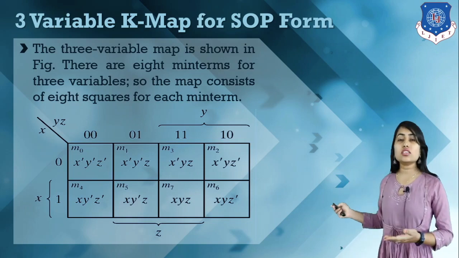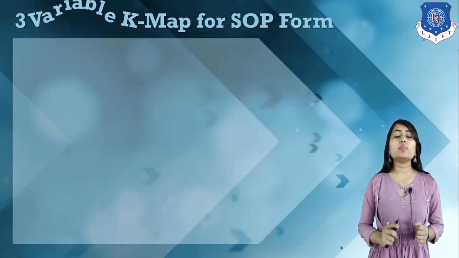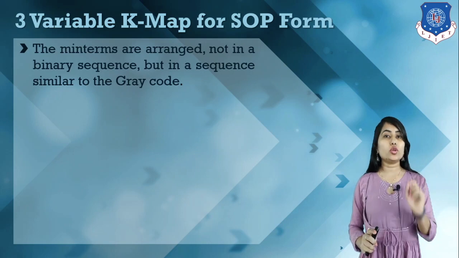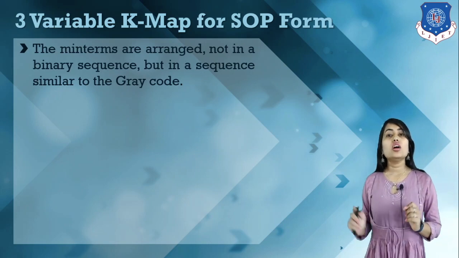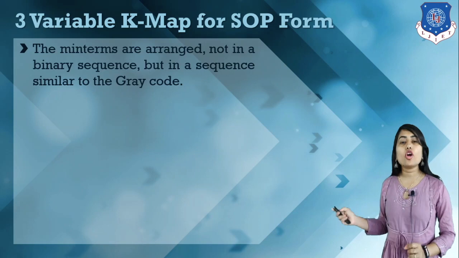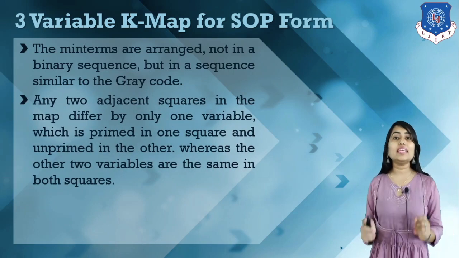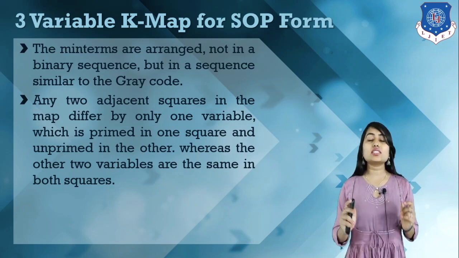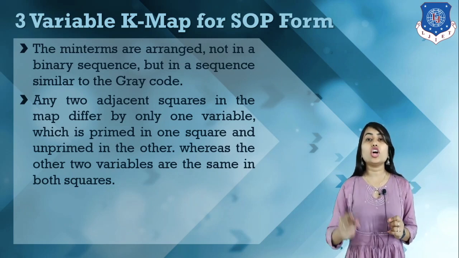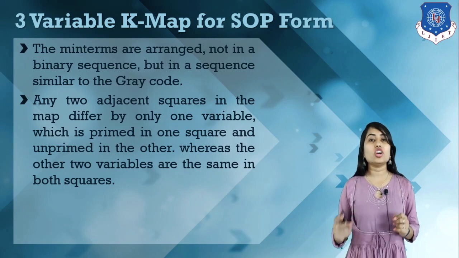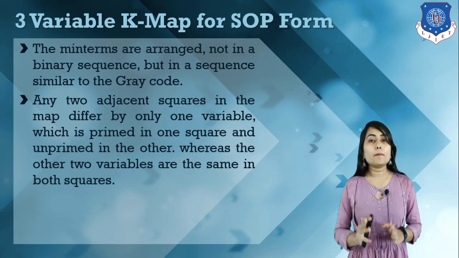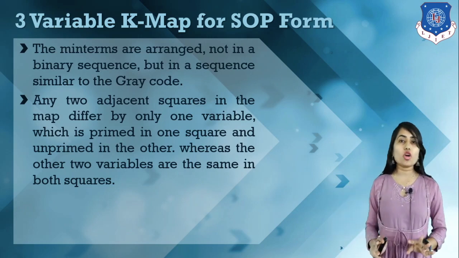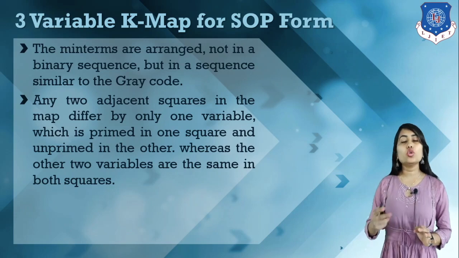As we know, this binary sequence is written not directly but in Gray code format. For simplification the sequence is written in Gray format, and then by combining the various squares depending on the requirements of the logical function, we can simplify it. Here we have to make groups of 1s because this is the SOP format.